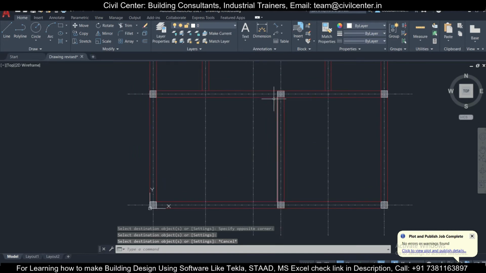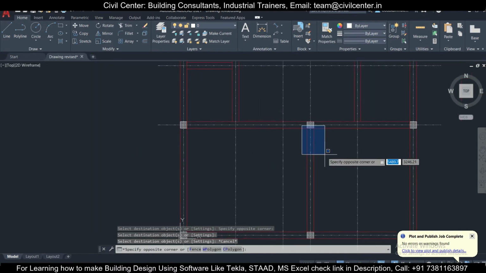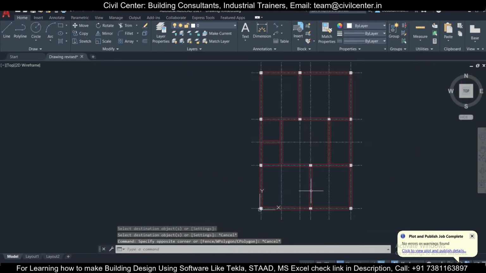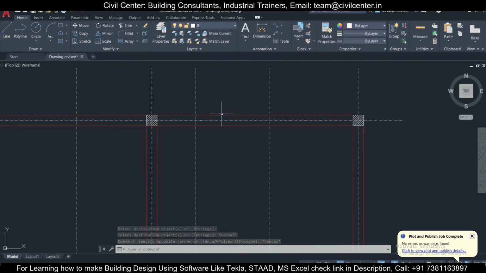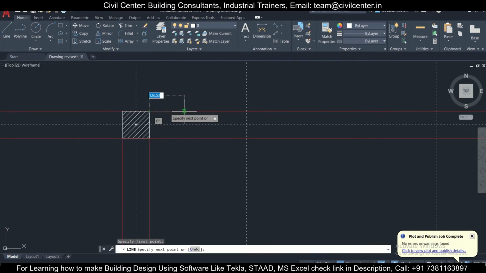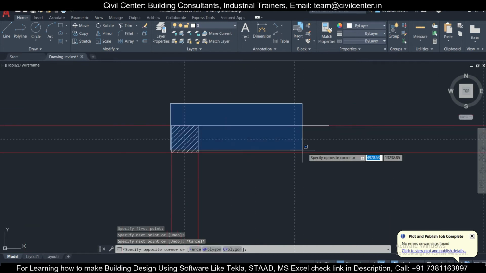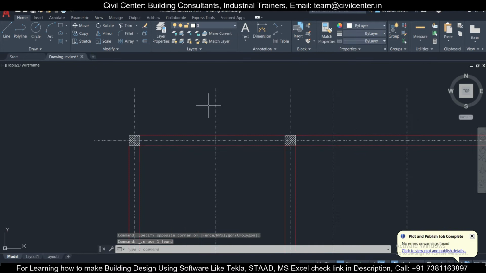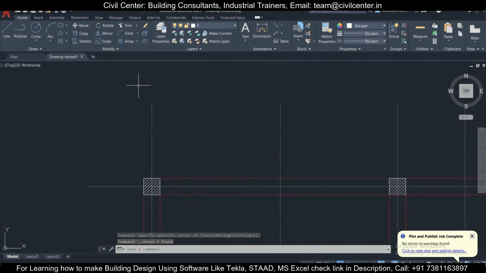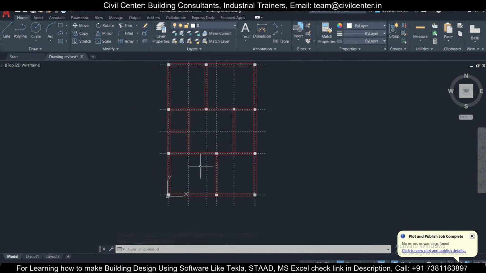And now the remaining thing here, let's check. Okay, this is good. There is no overlap here. If there were any overlaps, let me show you how an overlap looks: if we select from left to right, then it is visible, and then we can delete it. But it seems that we don't have any overlap here.